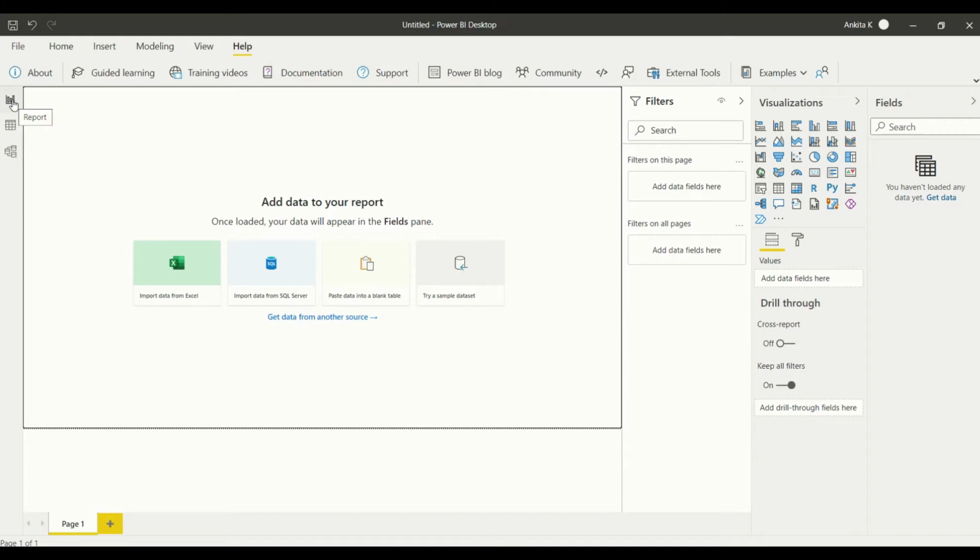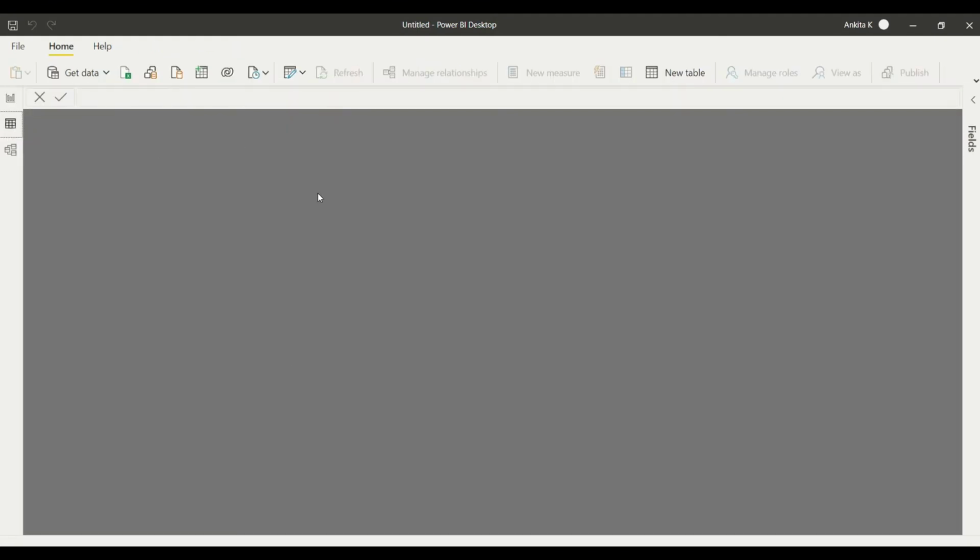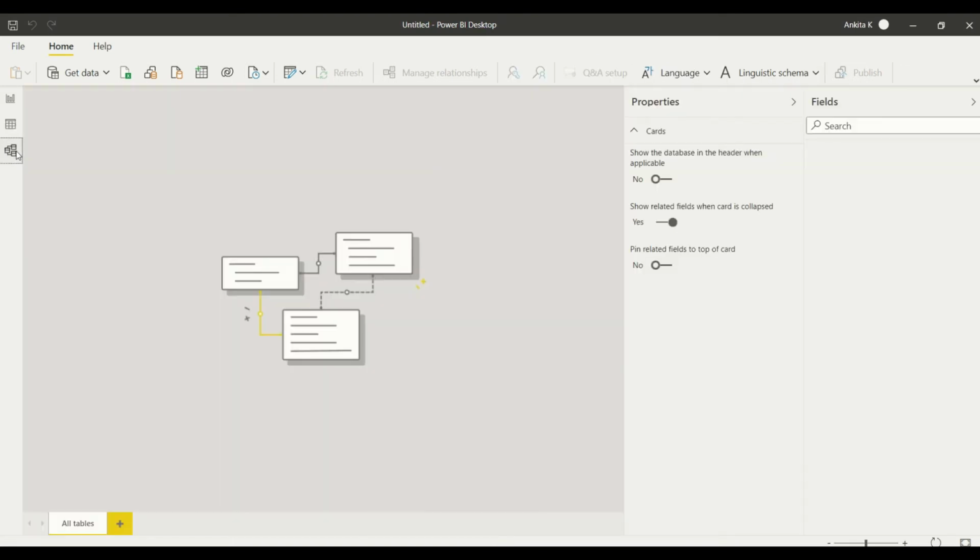On the left side you can see report, which is basically the charts and graphs and the data visualization options that you can see here. And here is the table. Once the data is imported, you can see the table here. It basically gives you the headers, which after importing the data we'll look into.